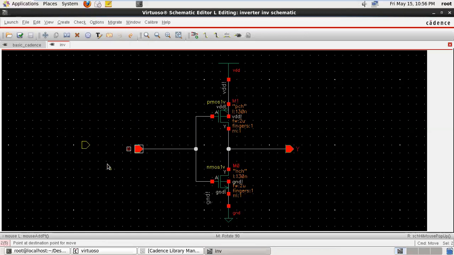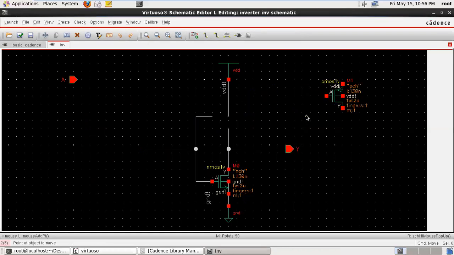Anywhere. When you click on the schematic window, this pin is shifted from this point to this point. Now suppose we click on this PMOS transistor. It is now active and can be moved anywhere on the schematic.